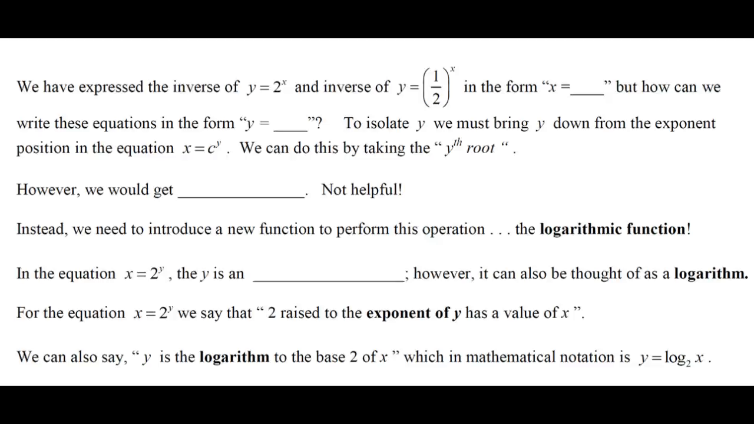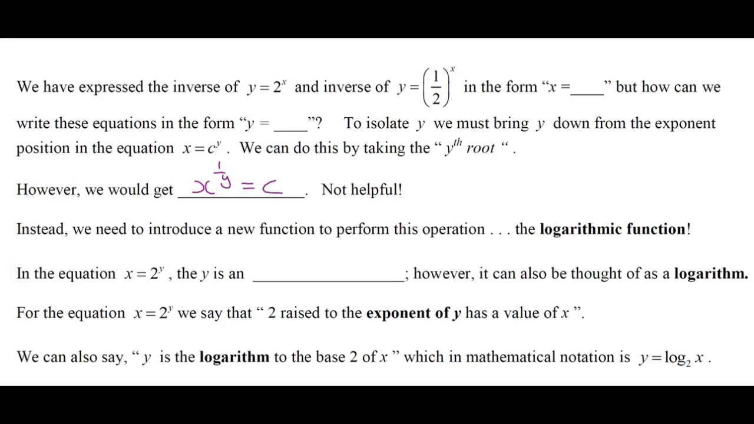We look at it and say, hey, that's a function. A function should be written in the form y equals. So to isolate y, we must bring the y down from the exponent position. We've got to get rid of the y up here, and somehow it has to come down. We could do this by taking the y root. So if we took the y root, we'd get x to the 1 over y is equal to c,